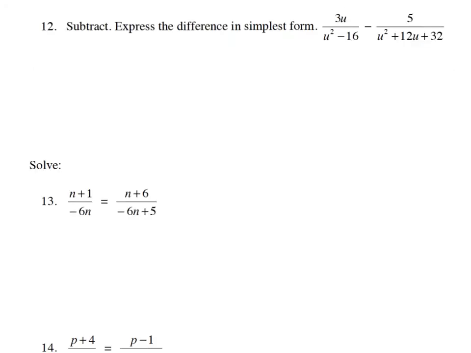Okay, number 12. We're going to go ahead and factor this. So let's see. I have 3u over u minus 4, u plus 4, minus 5, and it's going to factor down here to be u plus 4, u plus 8. Now, looking to find my common denominator, and we've done enough of these now that I'm